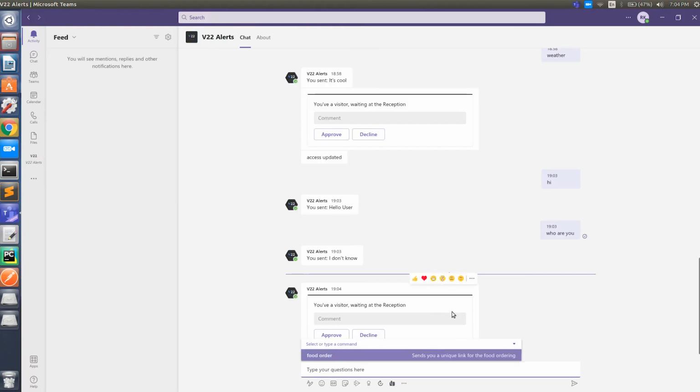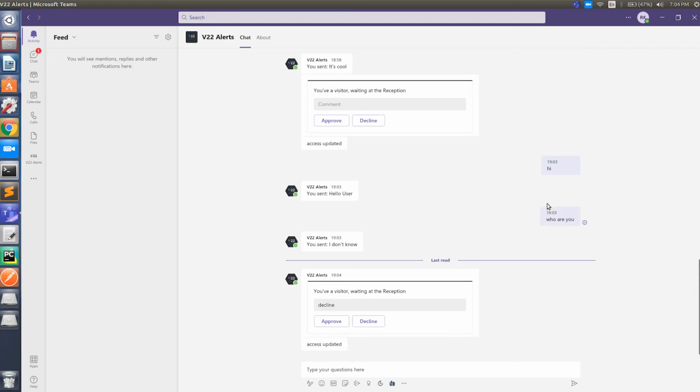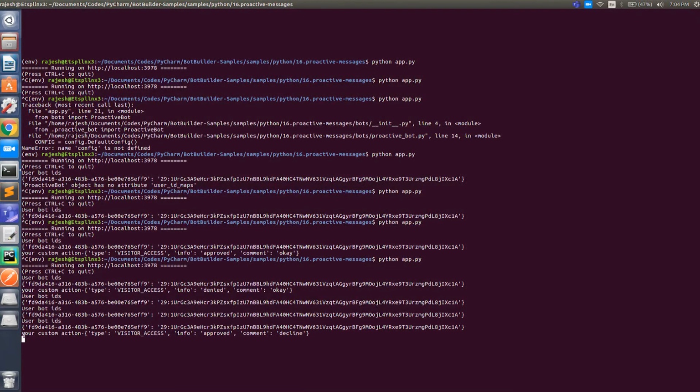Here we can see you have a visitor waiting at the screen, and you can approve or decline. Let's confuse the bot: I'll write decline and I'll click approve. What happens? Nothing will happen because we are not doing anything, we're just printing it. So here your custom action, type visitor, info is approved, comment is declined.